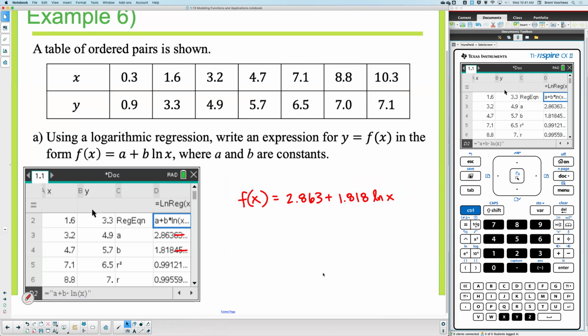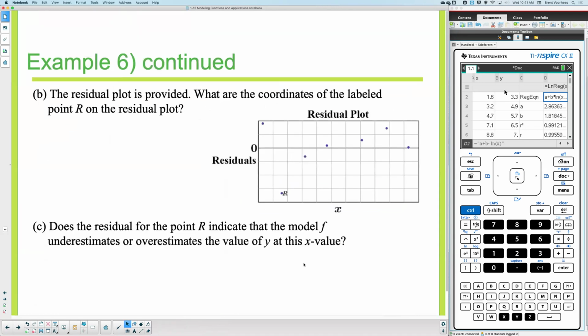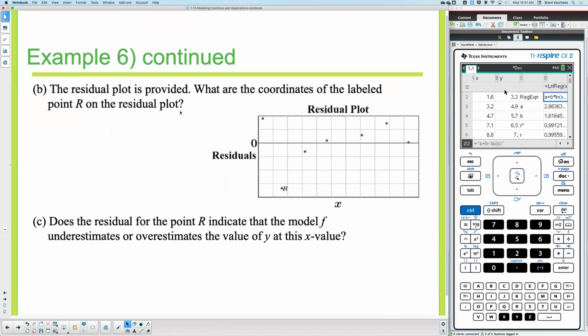All right, on the next slide, it says the residual plot is provided. What are the coordinates of the point R on the graph? So how could I get to my residual plot on our calculator? What would we do? Hit Control Dot,